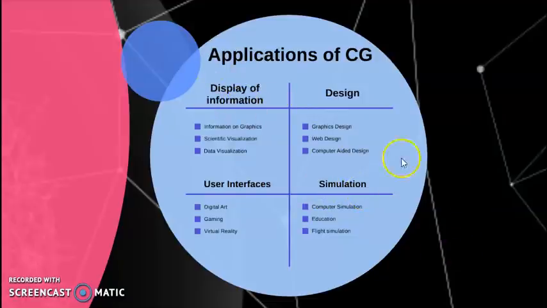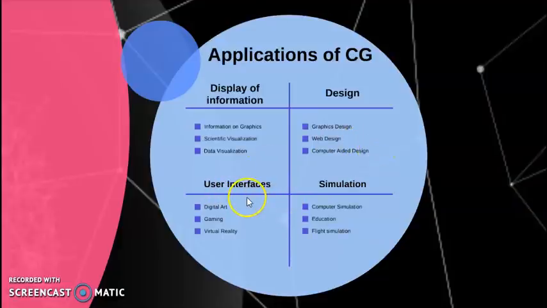When I say display of information, I could see nowadays many sorts of data visualizations in the data analytics field, many graphical information. When we draw graphs, we have bar plots, scatter plots, line graphs, n number of visualizations and also scientific visualizations. Next is design. When I talk about design, we are talking about graphics design, a good example of which you could see on my presentation. Next is web designing. The next part is computer aided design, being used by architects and civil engineers to define structures.